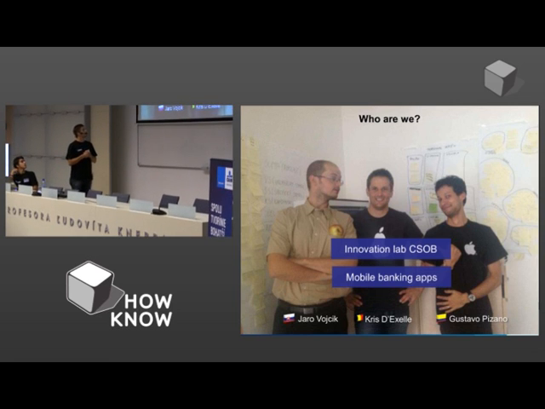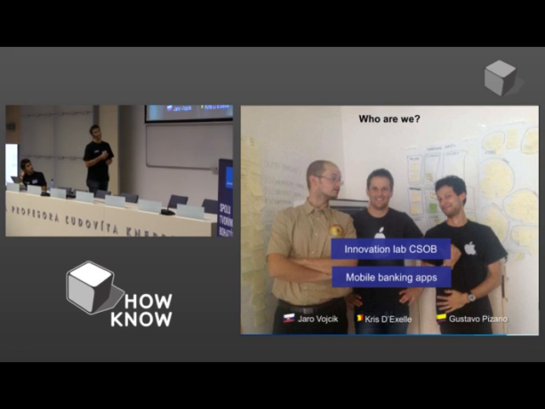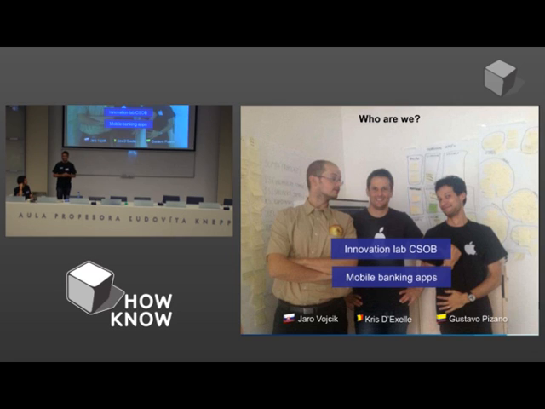Who do we see? With my colleague Jaro. You all recognize the flag. He's one of the rare Slovak members we have in the team, it's an international team. Jaro is our project lead, our scrum master of the mobile application development team. We also have Gustavo. So Gustavo, he is our iOS specialist and also security specialist. That's me. I'm what we call a program scrum master.